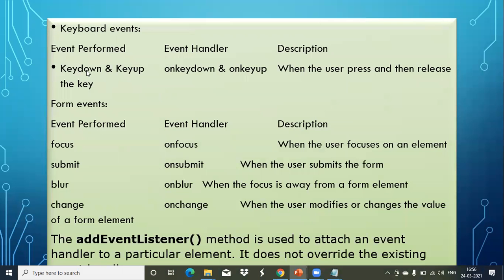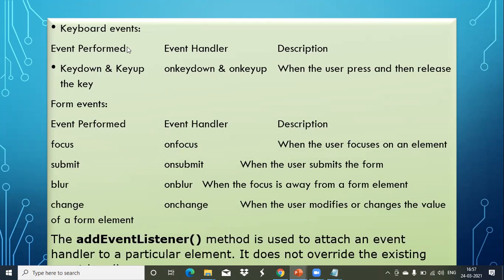Keyboard events are there, key down and key up. On key down and on key up are when the user presses and releases the key. That is only keyboard events. Form events: focus, submit, blur, change. These are the events we perform for forms. On focus is when the user focuses on an element.